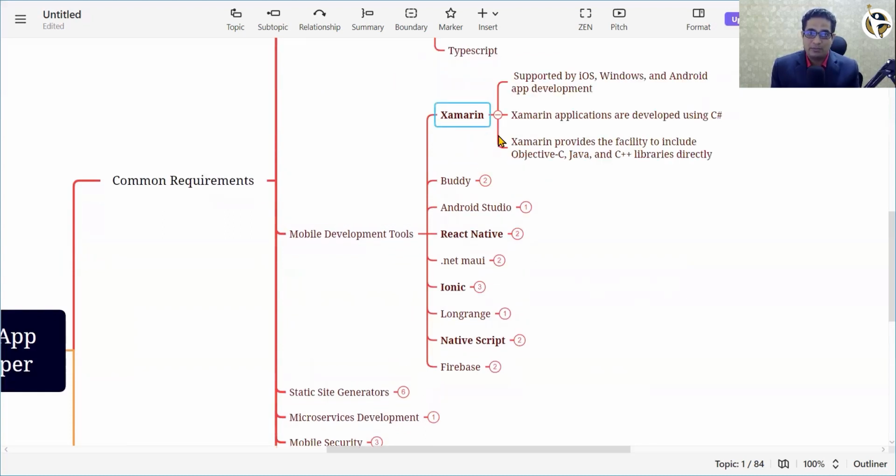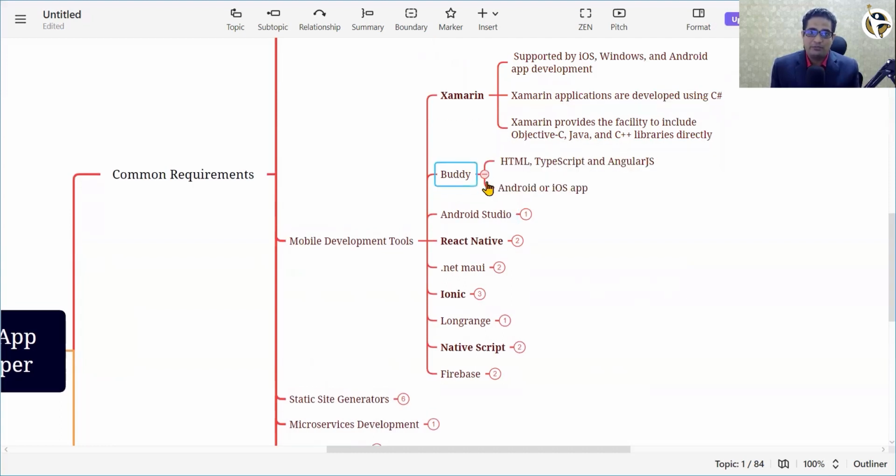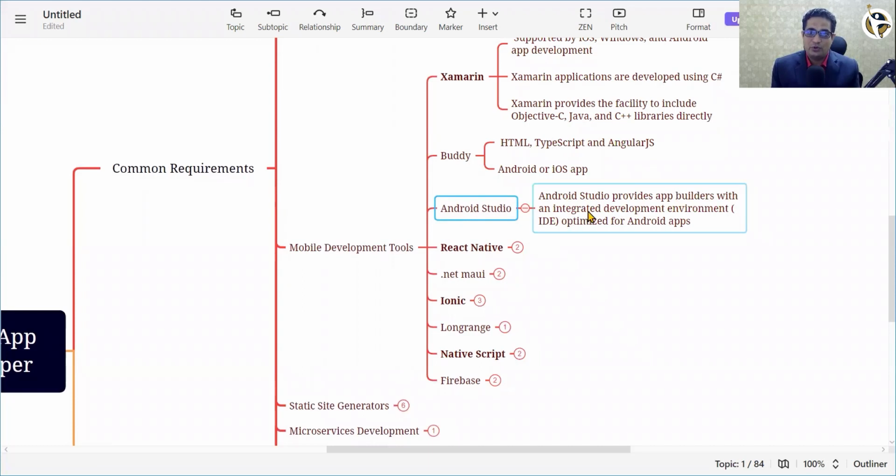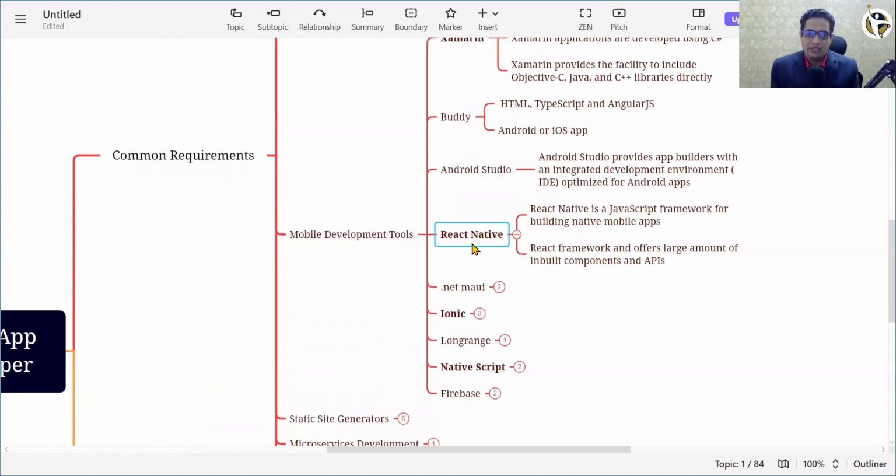So we have Xamarin, which is supported by iOS, Windows, and Android, and it is developed using C#. But apart from Xamarin, we have Buddy as a mobile application development tool. Even Android Studio, which is used as an integrated development environment, means it is an editor and IDE. Then we have React Native. React Native is a JavaScript framework and it is used for building a large amount of inbuilt components and